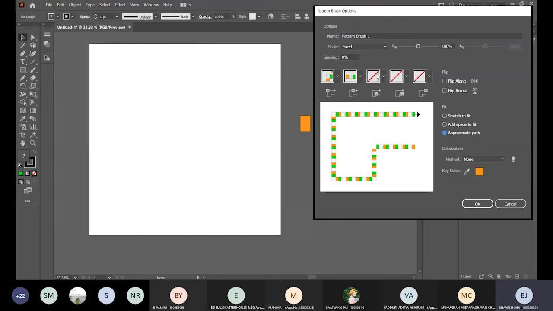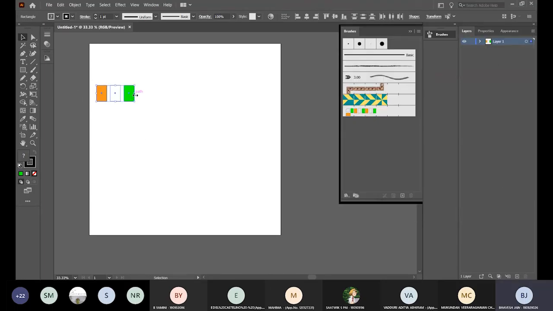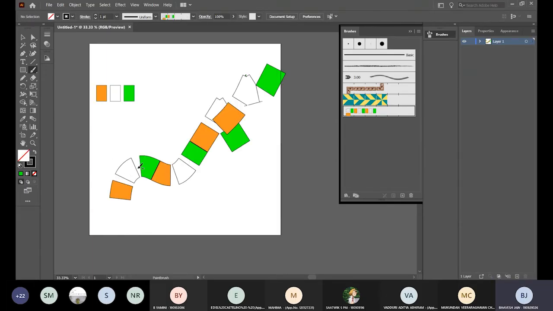So this is entirely dependent on your needs. I can name this scaling, and I can even alter the scaling if I want, but it won't take much effect unless you see it. So I added 100% spacing, and if I make it say 40, space is added but less. I create this brush and choose the brush tool and I draw. See, it tried its best to approximate the path and draw, but you're seeing it's not perfect.